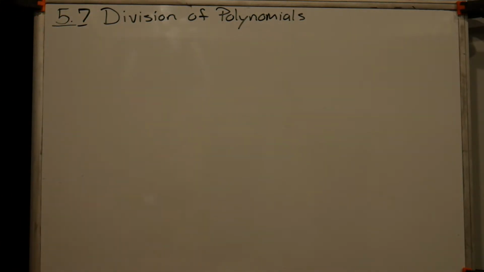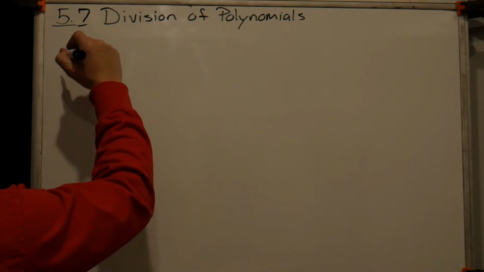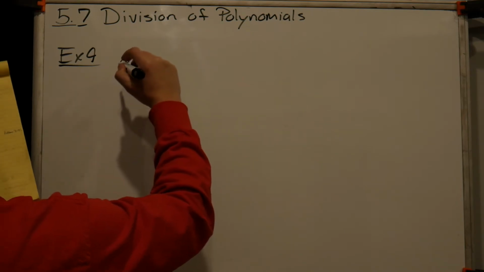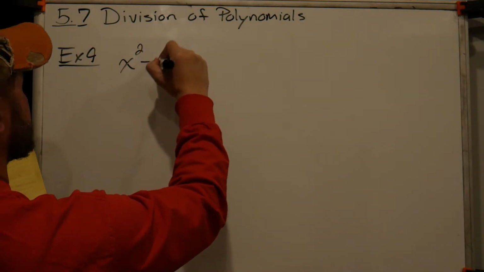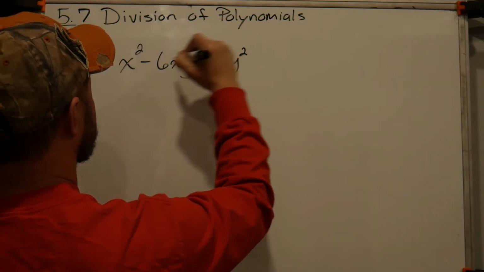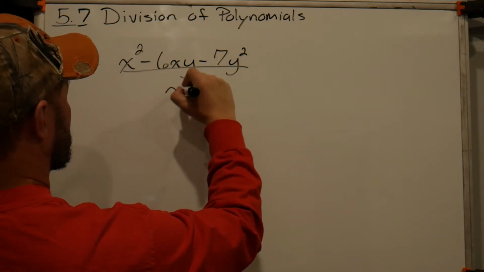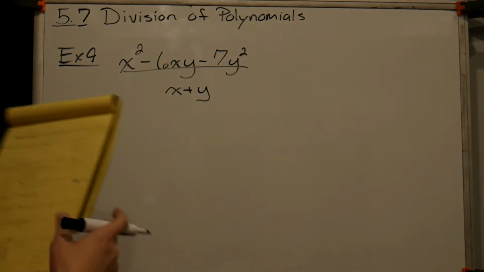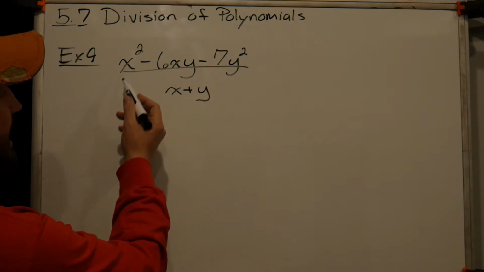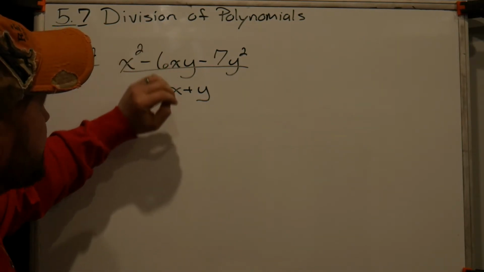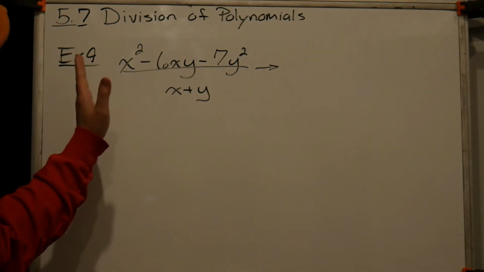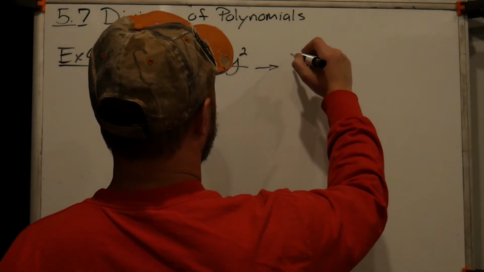So let's go to example 4. I think, yeah, example 4. We'll do this one because now they gave us something a little more complex as far as they give us a full quantity in the bottom, x plus y. So when they give us x plus y, the key here, once we get something like this, again, I could treat it like x squared over x plus y, 6x squared. I could do that, but when I have a full polynomial up there,